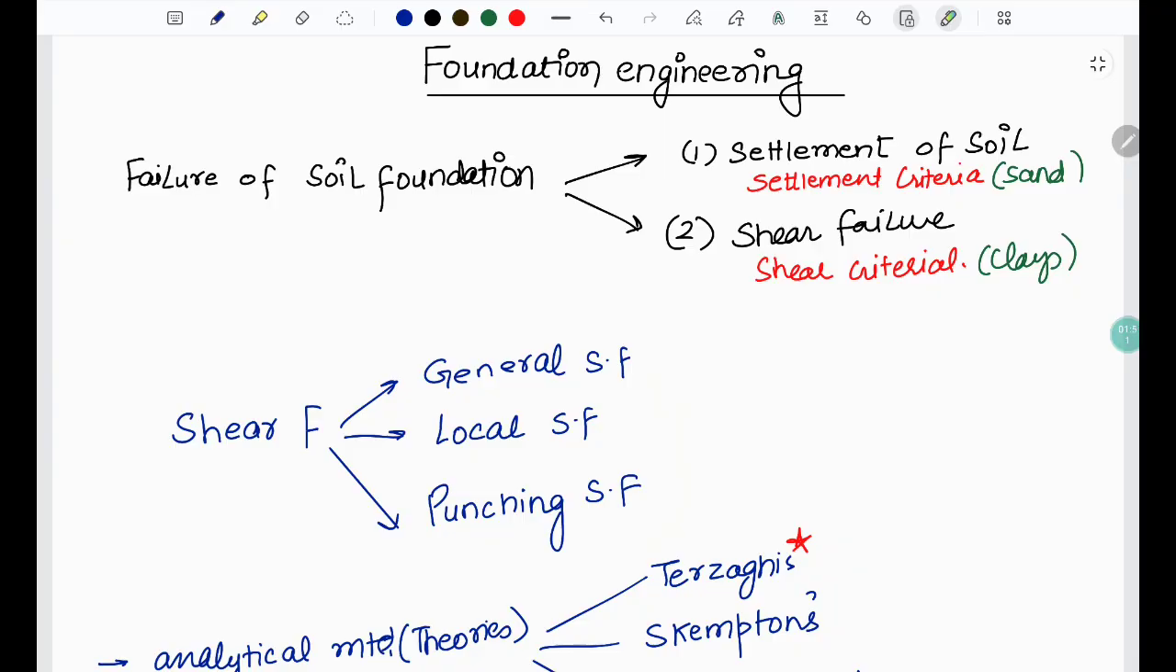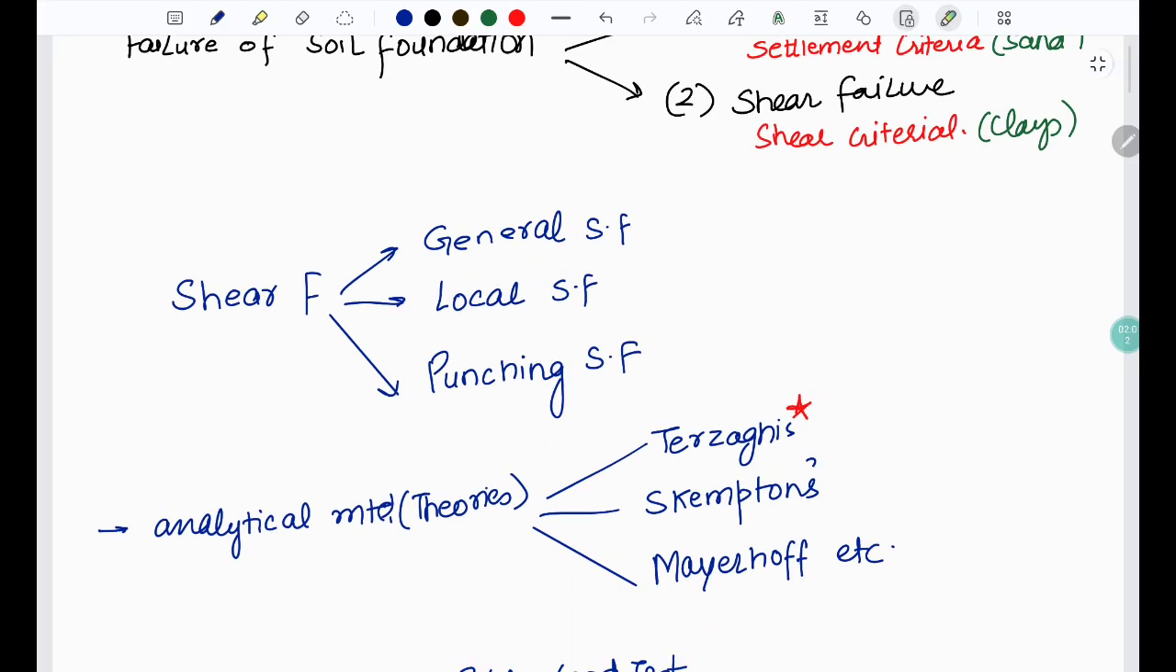One thing we can remember is that settlement criteria is more dominant in sands because settlement happens quickly there, whereas in clays the shear criteria is more dominant. So now